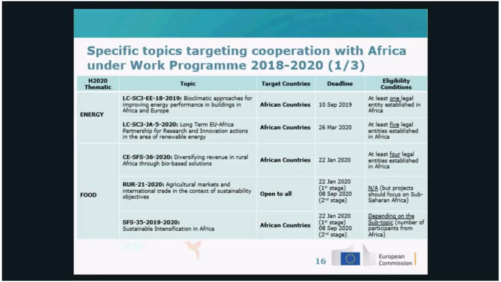For example, in the first topic under the thematic area energy, we can see the topic is called bioclimatic approaches for improving energy performance in buildings in Africa and Europe. It's over here. You can see the target country. It's clearly African countries. The deadline is today, so if you can manage until 5 o'clock Central European time